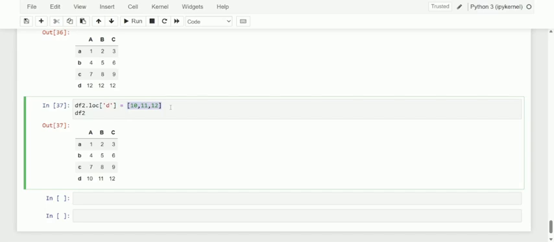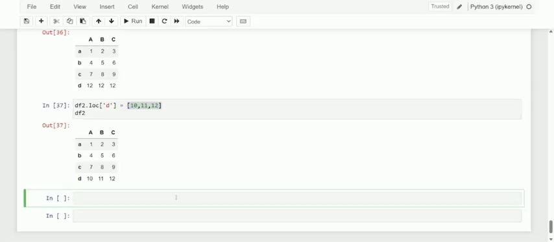And of course you can change it by using a series that is already existing. You can also create a series here. I'm just going to make a series here, and I'm just going to pass a few elements, that is 13, 14 and 15. So this is the exact element.